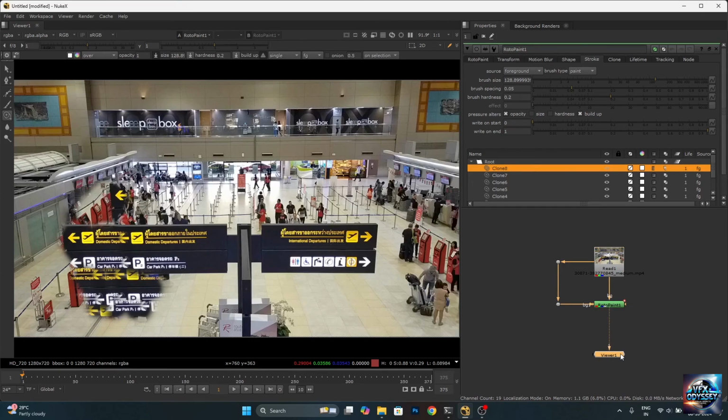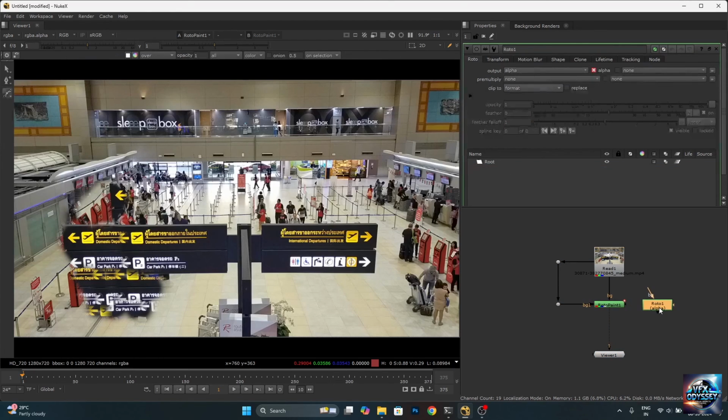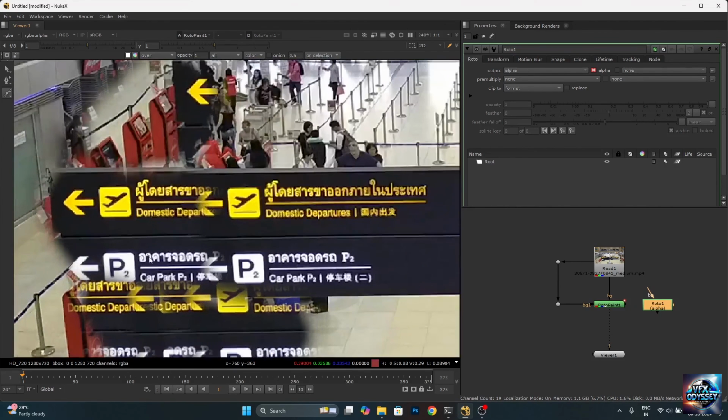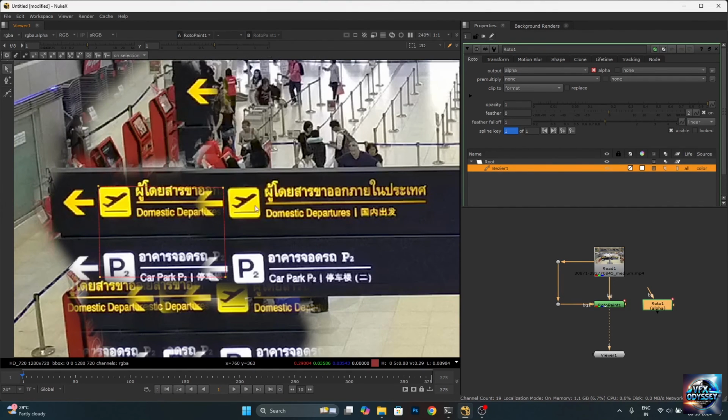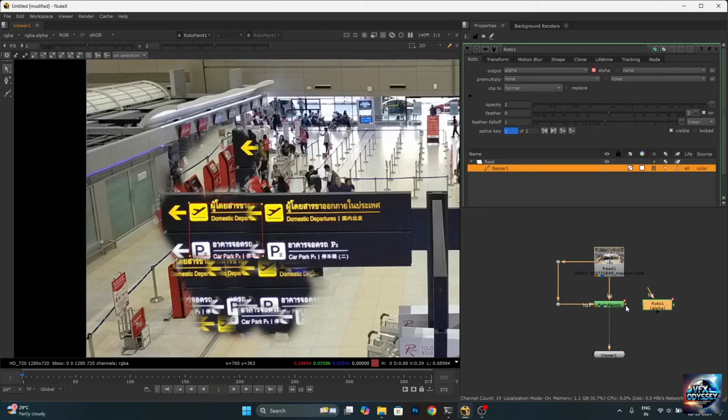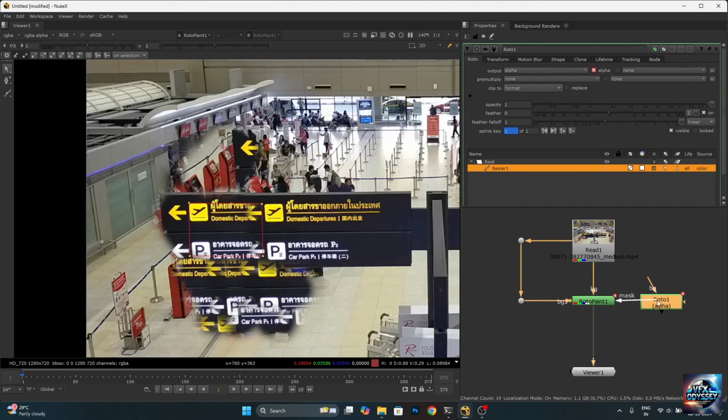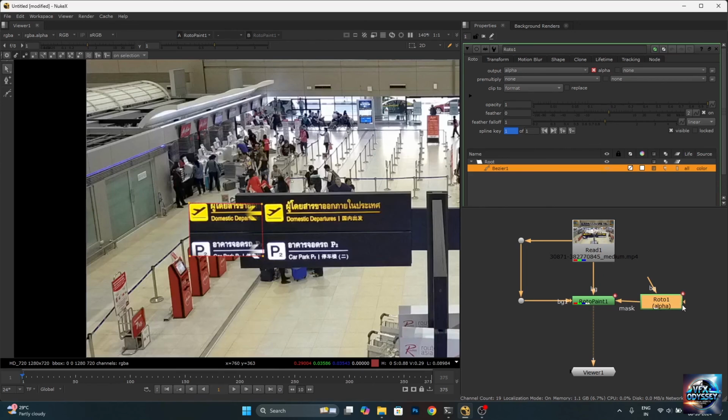Now let's look at the mask option. In the mask, we basically connect an alpha. I will take a roto node and draw a shape over the painted area. So I just create a rectangle here. As soon as I connect the mask to this roto, you will see that the paint work is visible only inside the mask area. This is how you can use a mask to limit the visible part of your work. You can see only